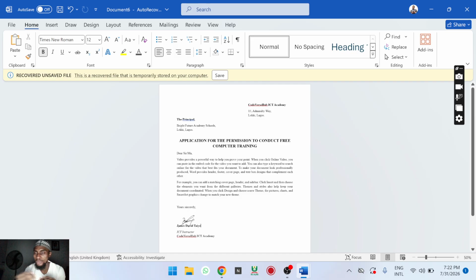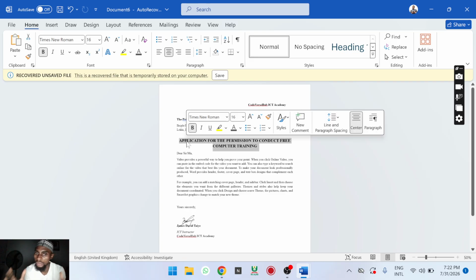that I could use to easily locate the document. And take note, whenever you are saving your document, always take note of the folders where you are keeping the document so you don't start looking for your document. First of all, I would like the document to have the name, application for the permission to conduct free computer